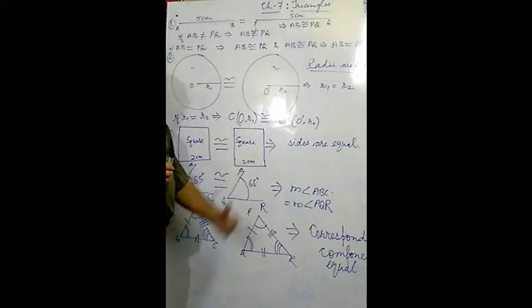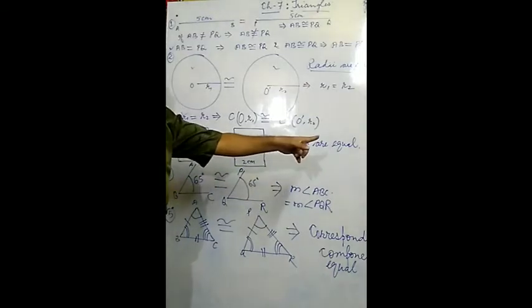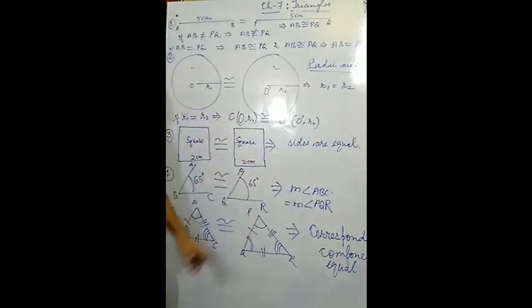Now two squares are given. You know a square is known for its sides. There is no length and no breadth; length and breadth are both just the side of the square. Suppose a square is here, and a second square is here. The side of this square is 2 centimeter and the side of this square is also 2 centimeter. So both the squares are said to be congruent if and only if their corresponding sides are equal. If corresponding sides are equal, then both the squares are said to be congruent.